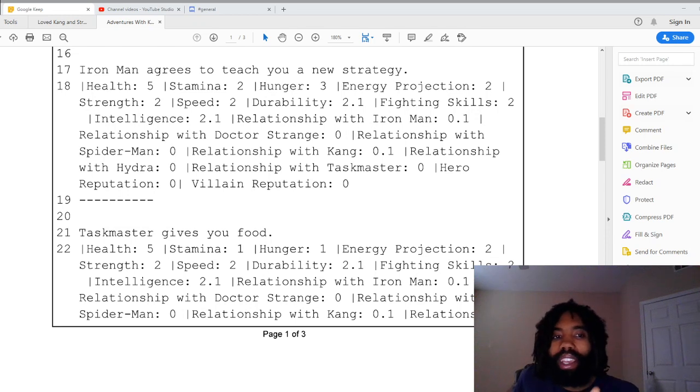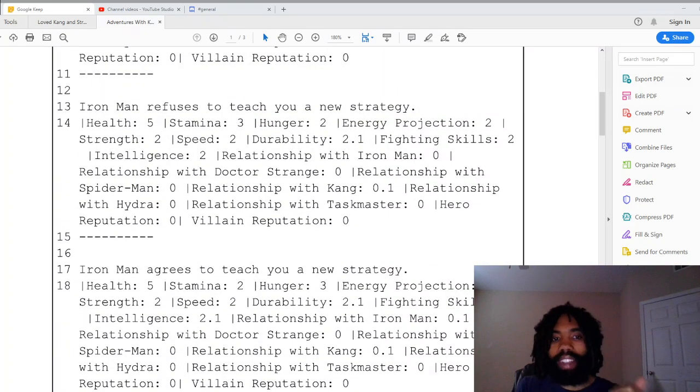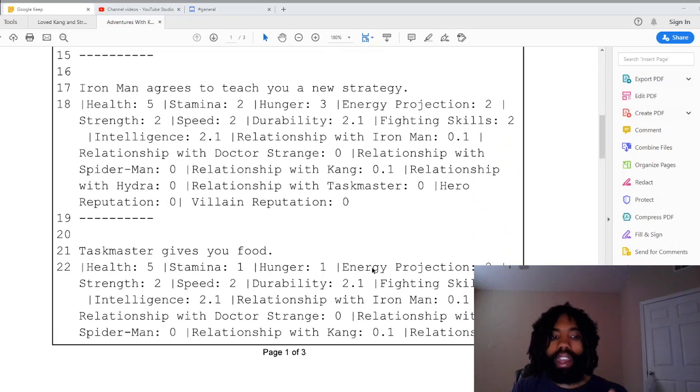But it seems like it wants specific things from each of these characters. That's why we noticed that it asked Iron Man to teach it a new strategy twice. It's like, I specifically want to increase my intelligence stat by learning a new strategy from Iron Man and to build a stronger relationship with Iron Man. So you can tell that it had an intent, and then once that intent was fulfilled, it decided to